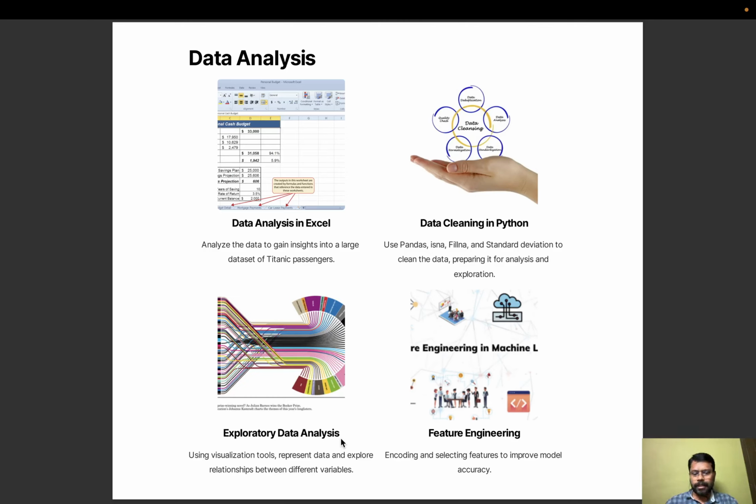From there I did the feature engineering part, where I modified a couple of features, say for example the sex, which is in categorical values, and I have to convert it to numerical values. So I did feature engineering for that particular feature called sex, and from there